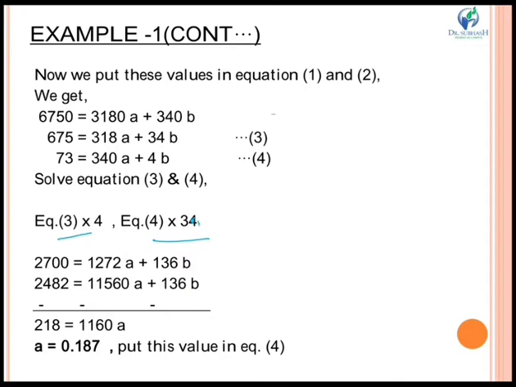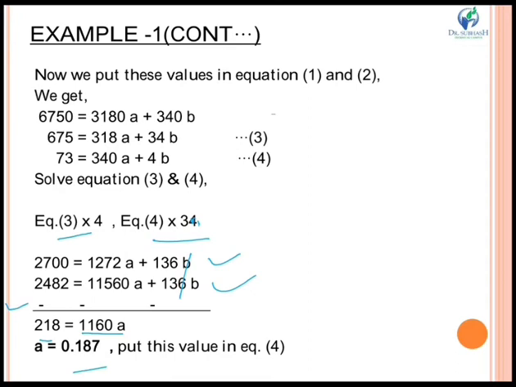On multiplying equation 3 by 4 and equation 4 by 3, I will get these two equations. So what I will do is subtract these two equations, so the sign will be changed over here. So I get 218. On substituting these values, I get 218 equal to 1160a. This 136 will be cancelled. So a will be equal to 218 upon 1160, which is equal to